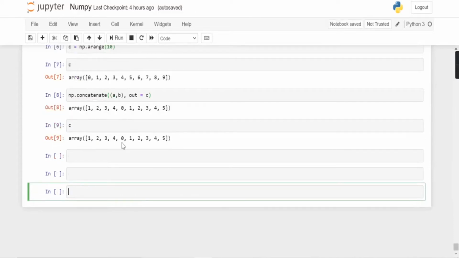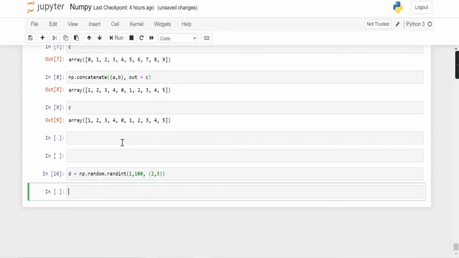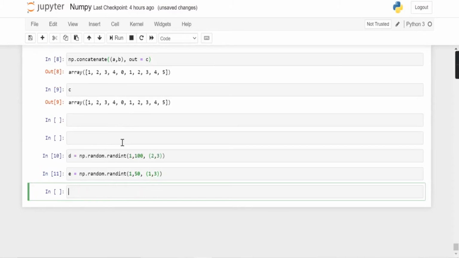Now let's see concatenation for 2D arrays. So D equals np.random.randint, in which I am going to create an array of shape, let's say, 2 comma 3, and an array E with np.random.randint, 1 to 50, in which it is going to have an array of shape 1 comma 3.